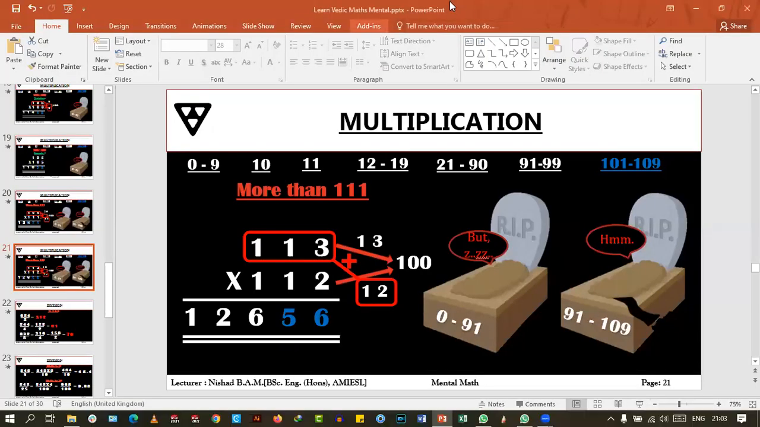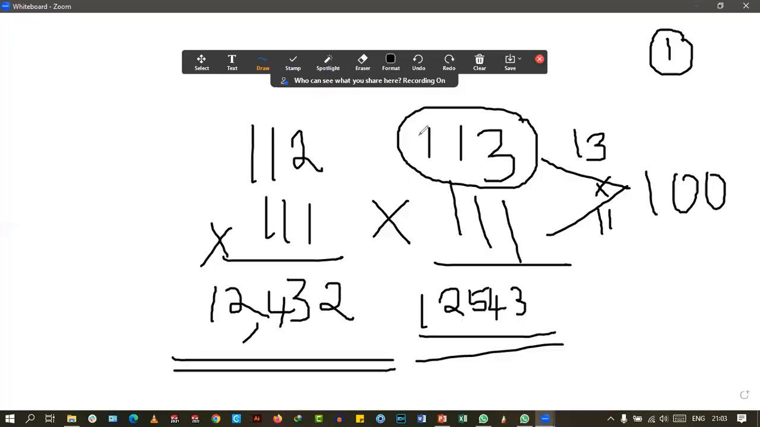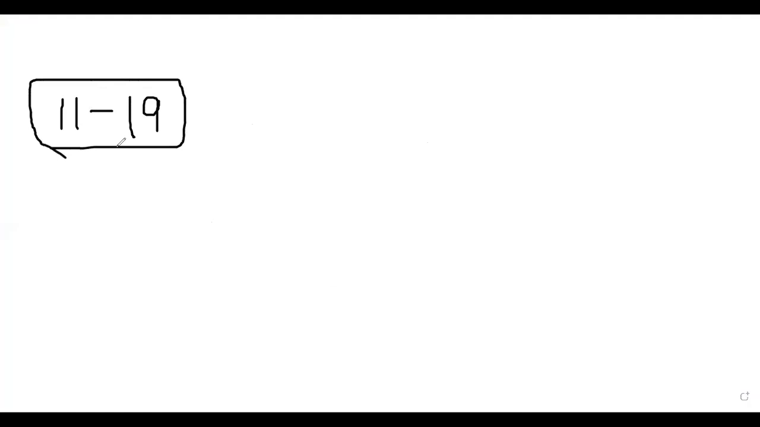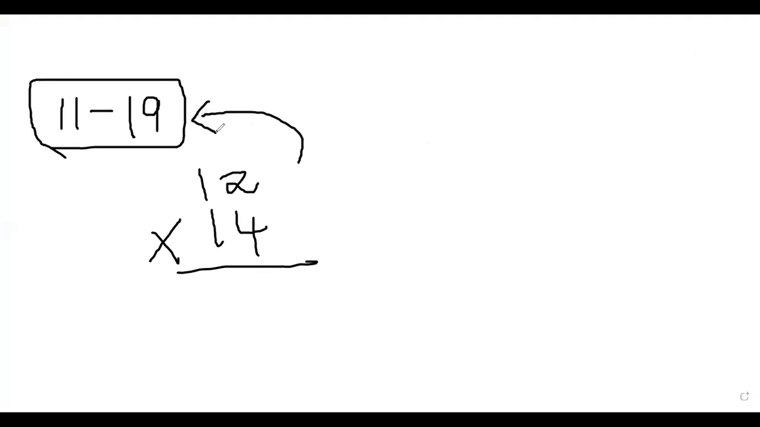Okay, so let me explain the previous technique that we saw in our previous session. Let me clear these things, right? If we are going to multiply any numbers that lie between 11 and 19, it's very simple, right? As an example, if you are going to multiply 12 times 14, it's very simple. Why? Because these two numbers lie in this range,